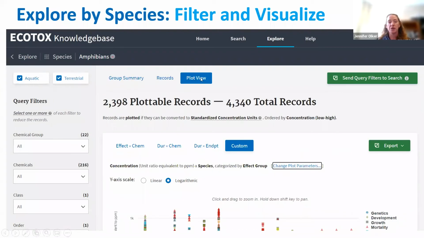And so in this plot view, we have provided the results in a scatter plot and in a dot plot. And you'll notice here that there are 4,340 records, but not all of them are considered plottable. And what do we mean by plottable? Well, in order to put effect results together on a figure, we need to have them all have the same concentration units for the chemical exposure concentration. And so we consider records plottable if we can convert them to the standardized concentration units of parts per million